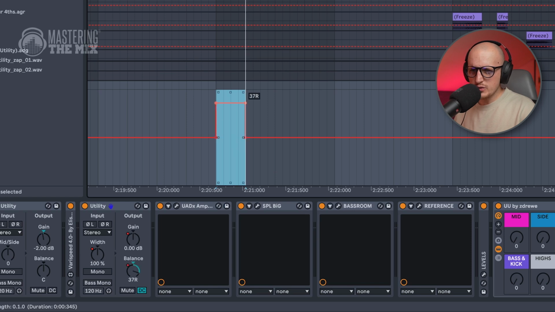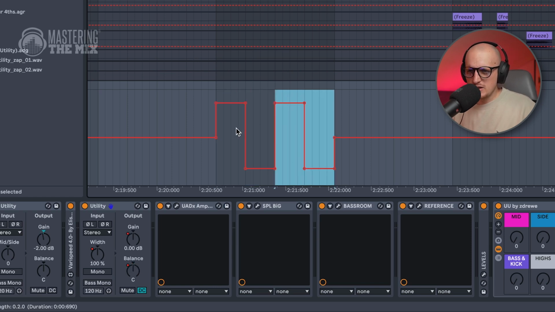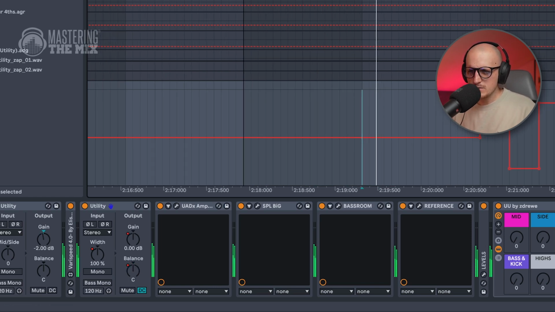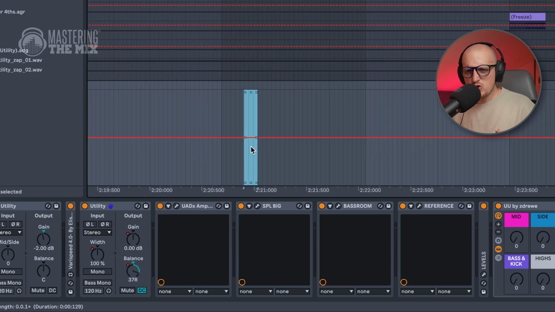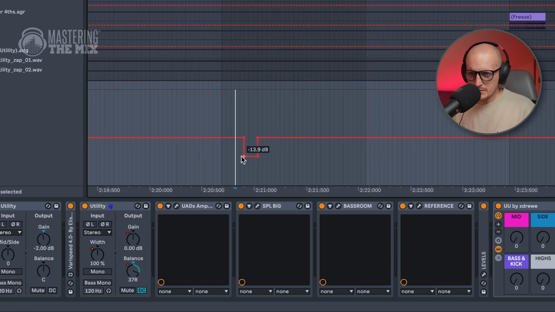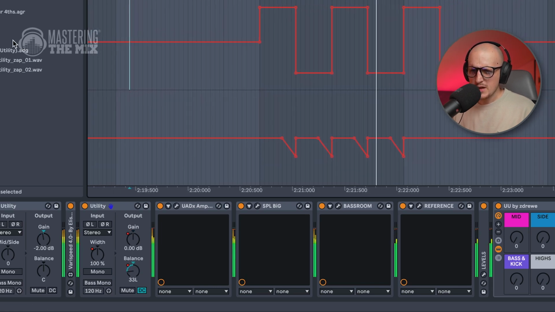But speaking of dramatic, I think we can try something more extreme here. Let's just try to use the same utility device from the build-up and maybe play with panning like this. And then try to automate gain to get that stuttery effect. I really like the idea,